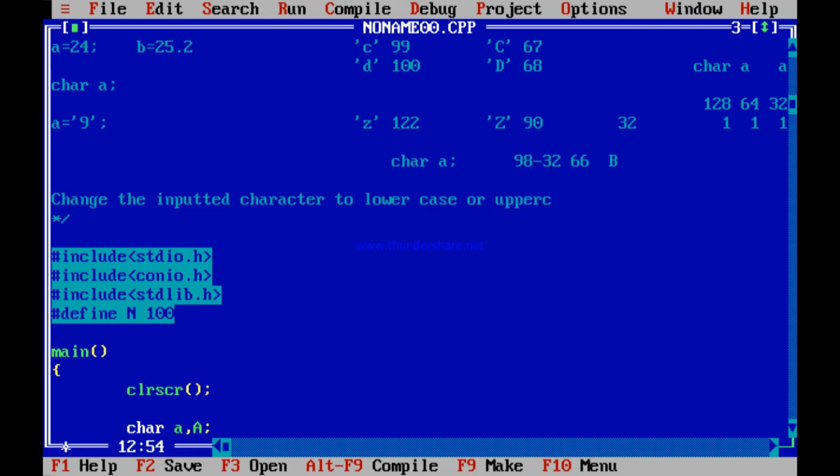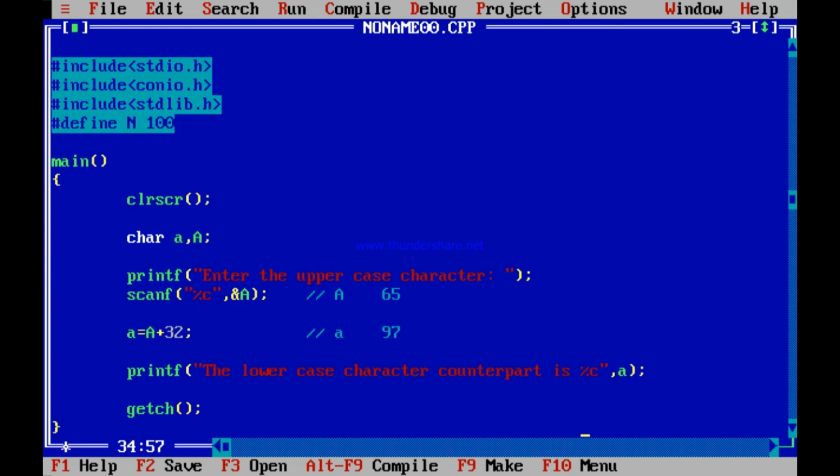What I mean to say is you change it to either lowercase or uppercase depending on what it is. That is, I don't know whether it is small a or capital A or what. It may be anything, but you change it to the reverse case. Let us take small b. So now what I do is I scan within small a.